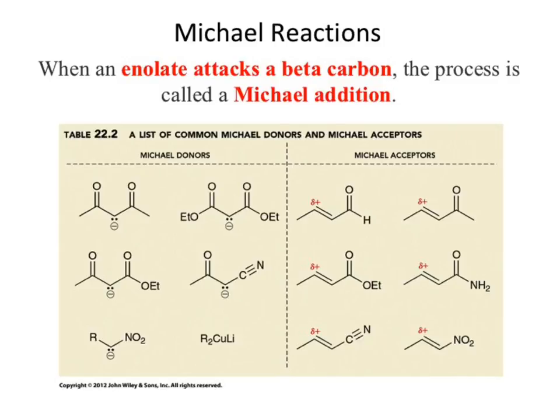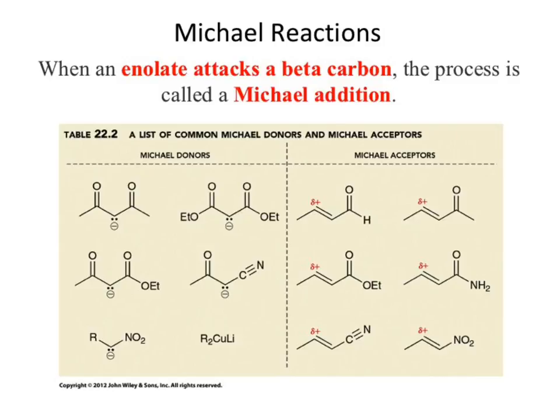And some jerk named Michael got to stamp his name to it, and not only to the reaction, he gets to stamp his name to the reagents. It's a Michael donor because it's the enolate nucleophile. It's a Michael acceptor because it's an alpha-beta unsaturated carbonyl. Seriously? That's why you get to stamp your name to it? Because you looked at it and said that carbon is also positive? Really? You saw resonance and you get to attach your name to it? Yes. To be fair, they gave his first name, not his last name. I think it is actually his last name. But aside